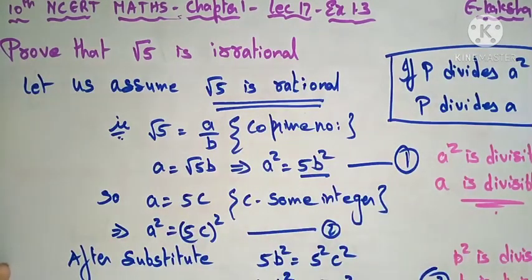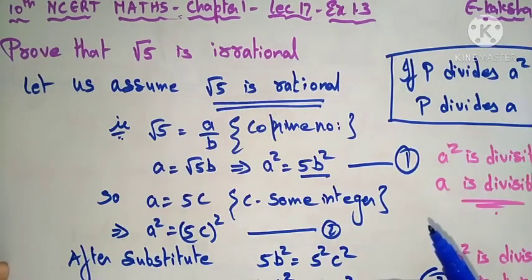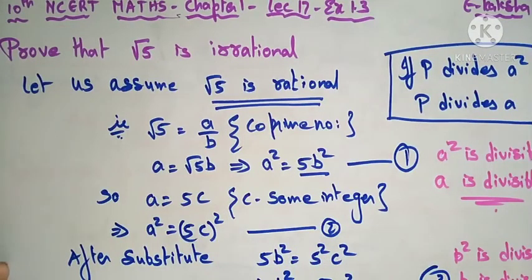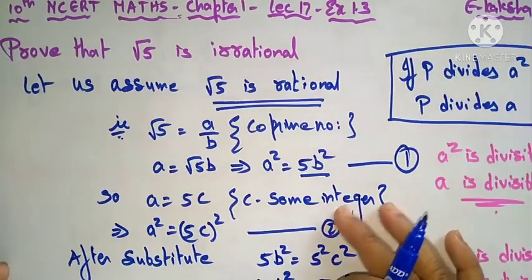So if root 2 is equal to p by q, whatever procedure we have solved, if there is any common factor, just strike off the common factors and make the new variables root 2 is equal to a by b, where a and b are co-prime numbers. That we solved for root 2. In the previous example, root 2 is irrational. Just following that procedure, we already solved that root 2 is irrational. So taking directly root 5 is equal to a by b, which are co-prime numbers, let's assume that. This is all the assuming part.